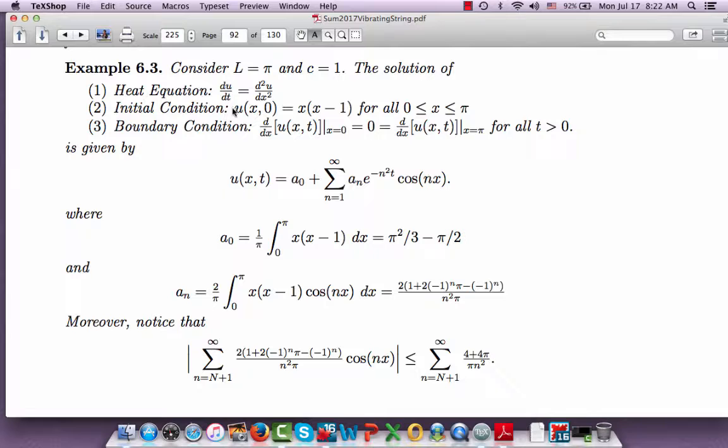The initial temperature distribution, we're assigning the function x times x minus 1 for x between 0 and pi. And our boundary conditions for model 1 are that there is no energy flowing in or out of the endpoints of the bar. So all the energy inside the bar at the moment in time when the external heat source is heating up the bar into this initial temperature distribution is turned off, and then